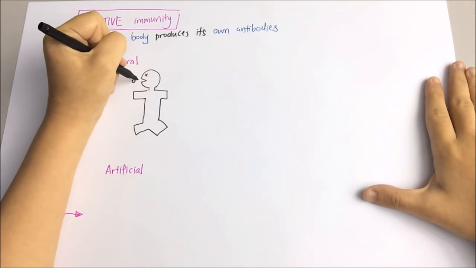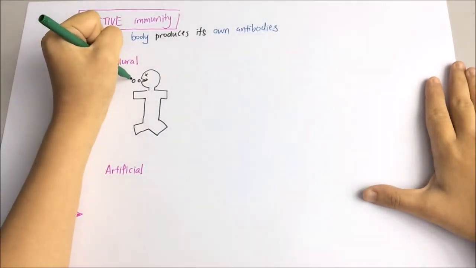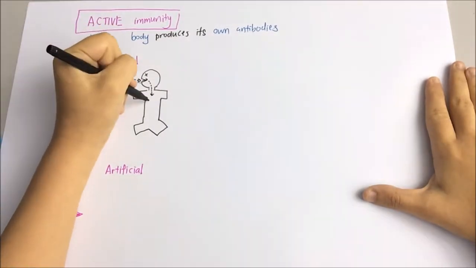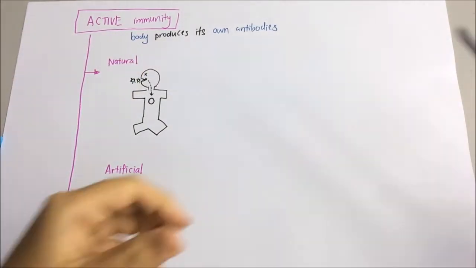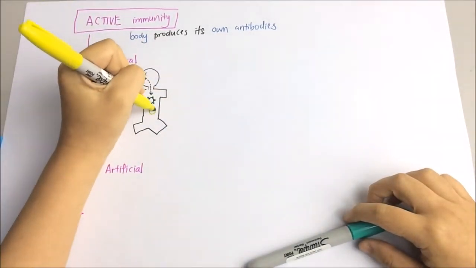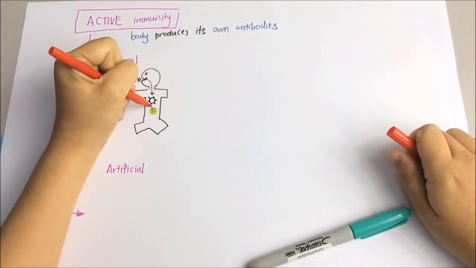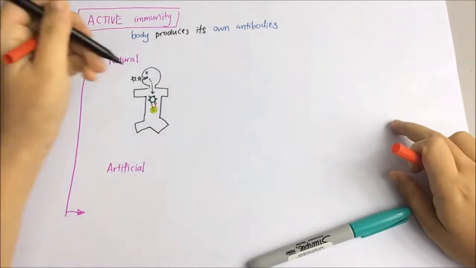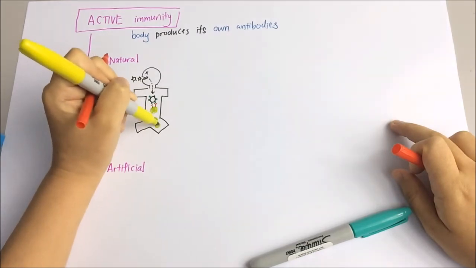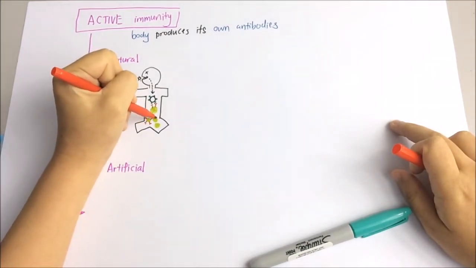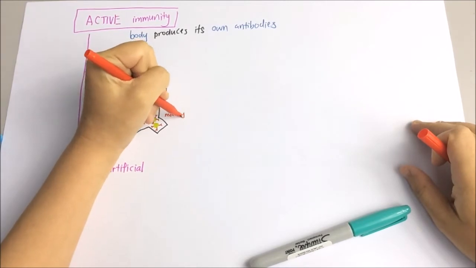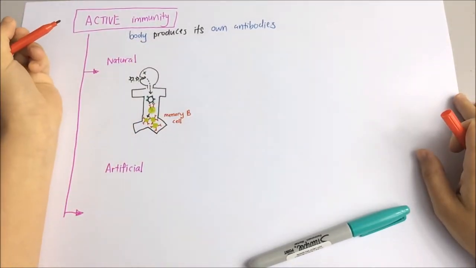When a person is infected by the chickenpox virus, as you can see here, there are antigens on the surface of the chickenpox virus. And these antigens will stimulate the lymphocyte to produce antibodies. And this is the lymphocyte. At the same time, memory cells will also be produced, and these cells will remain in the body for a